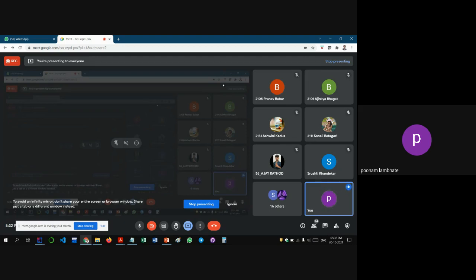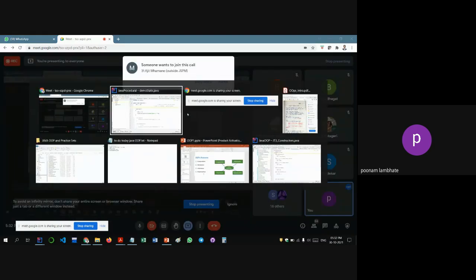But if the function is non-static, means if the function is not static, then you have to compulsorily create an object, and using that object, means object dot method name, you have to call the method using that object. Now what about static variables? Okay, so static variables,